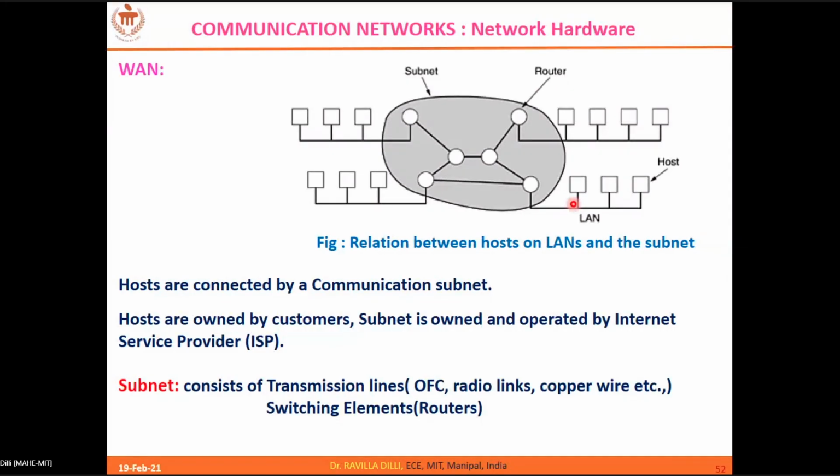If your friend is also on the same BSNL, no issues at all. It goes to the nearby base station controller, and from the BSC it goes to the mobile switching center, and the mobile switching center will forward your content to your friend if he is on the same network. If your friend belongs to some other network like Jio or Airtel, then accordingly it will be forwarded. The MSC, the mobile switching center, which is the heart of your cellular system, will take care of forwarding the content. Did I answer your question?